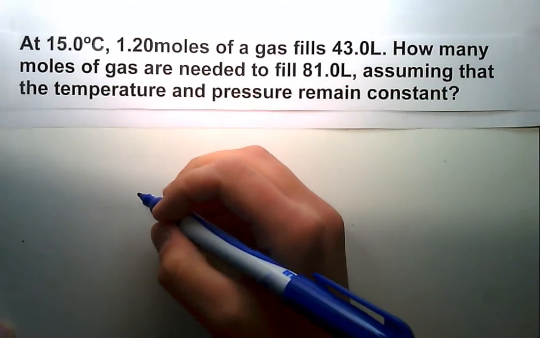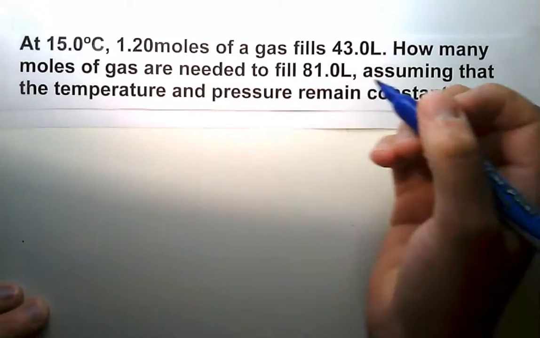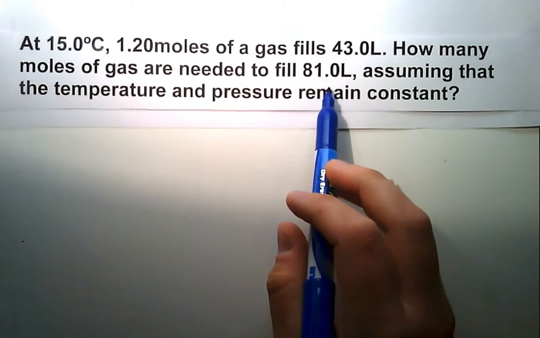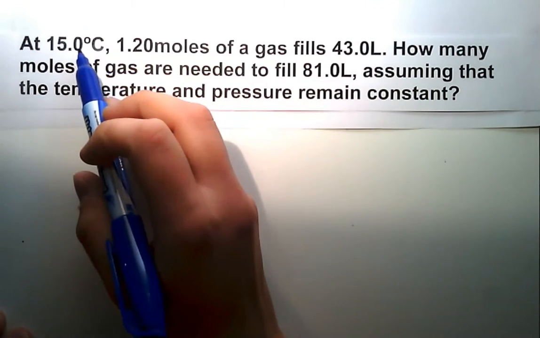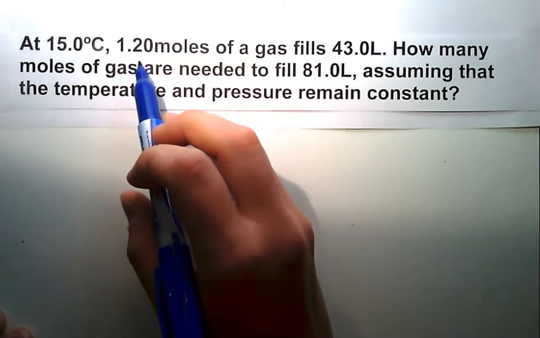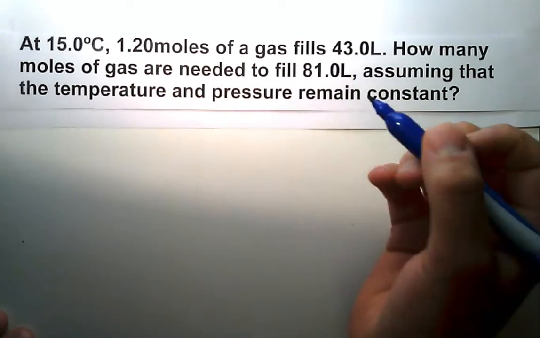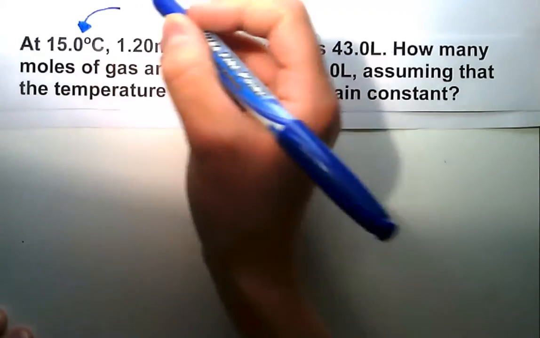Okay, in this video we are going to use Avogadro's principle to figure out how many moles of gas are needed to fill 81.0 liters. And it says that we are first at 15 degrees Celsius and we need 1.2 moles of gas to fill 43.0 liters. So the first thing that we need to notice about this problem is that we're at 15 degrees